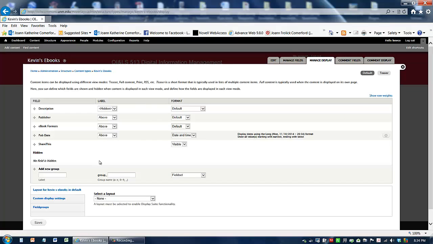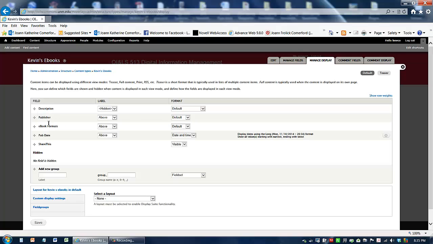This looks a little different, but it still has a list of fields on the page like the Manage Fields page had. You'll notice that the title field isn't listed here. This is because, as I mentioned before, the field information that we're configuring on the Manage Display page is the information that the user who reads the record on the website is going to see. So the title field is always visible to the user. It never is hidden. Not without a whole lot of extra hard work. Anyway,